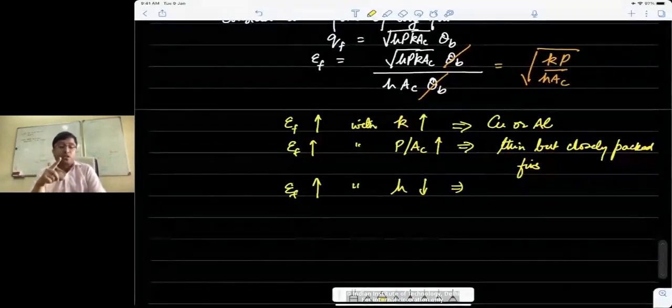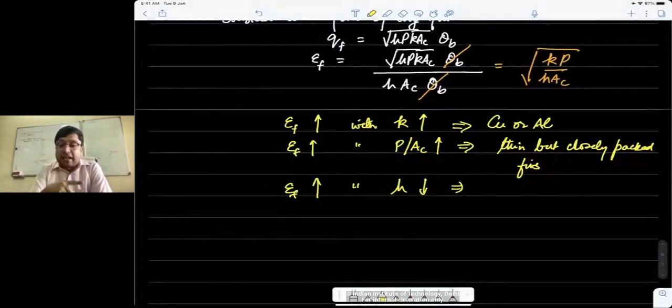Typically, fins are used on the gas side. Fins are never used on the fluid side, and the reason is this. From this calculation, we can see that if you put fins on the liquid side, effectiveness will actually become low because h is very high. On the gas side, if you remember from the first lecture when I listed down some